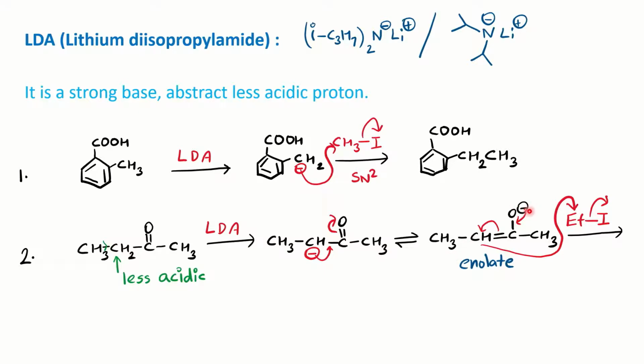Followed by, you can see the alkylating agent is given. So the oxygen will give its electron back to the C-O bond, and then the carbon will attack from the backside by the SN2 mechanism and do the alkylation on this alpha position. You can also write this structure in this form if MCQ questions are given. Clear? So keep in mind that oxygen is less reactive here, and the reaction always occurs from carbon, not from oxygen. The alkylation will occur on the alpha carbon.